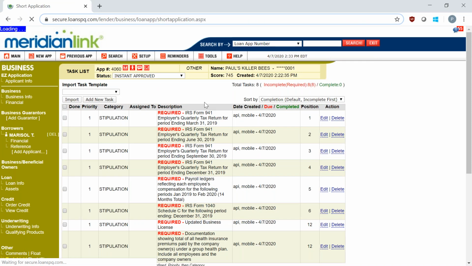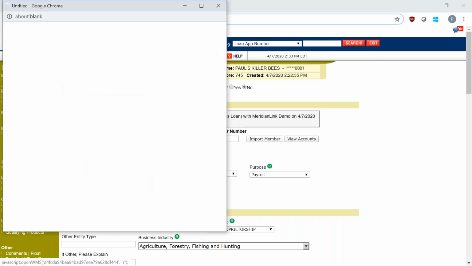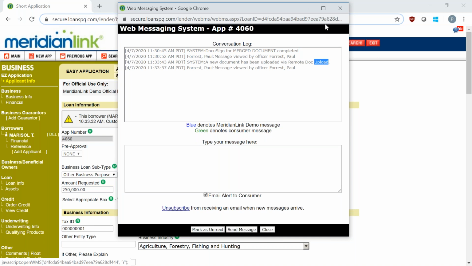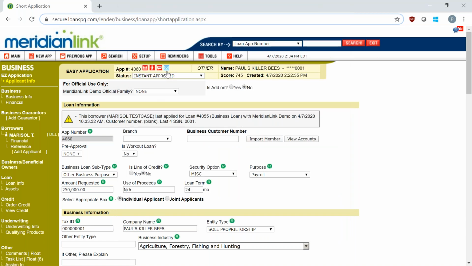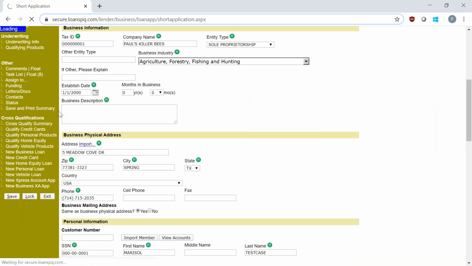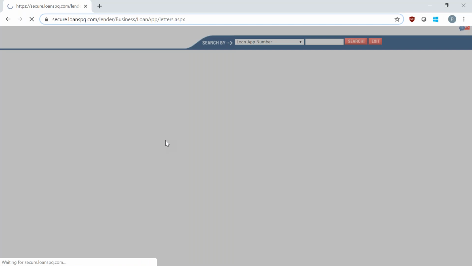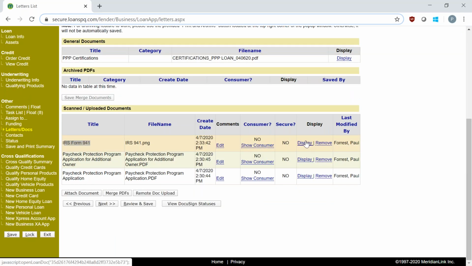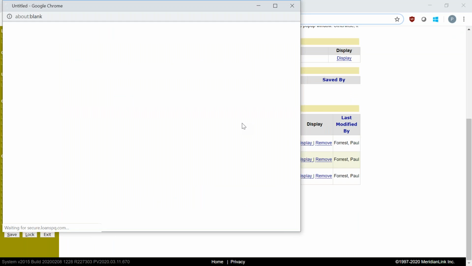Let me just refresh. I'm going to get an alert saying a new document has been uploaded via remote doc upload. So just like before, I'm going to get the alert here. And then when I come to my letter and document page, here's my IRS Form 941. So again, this is going to be a great system that